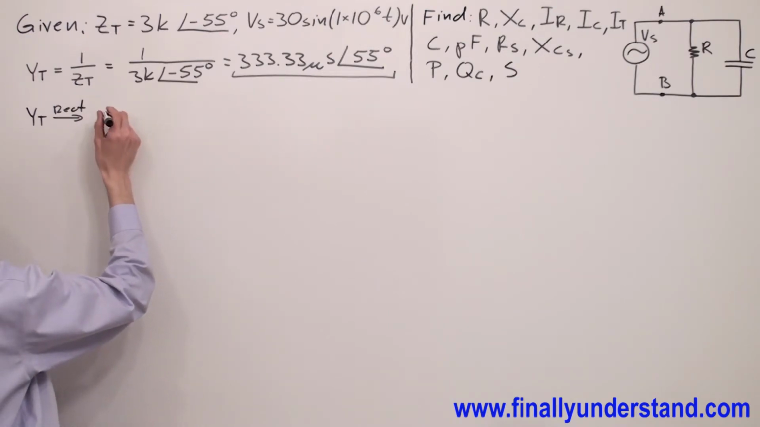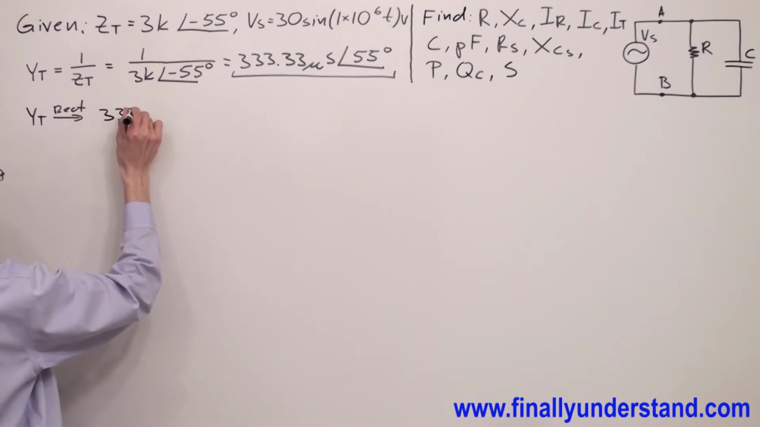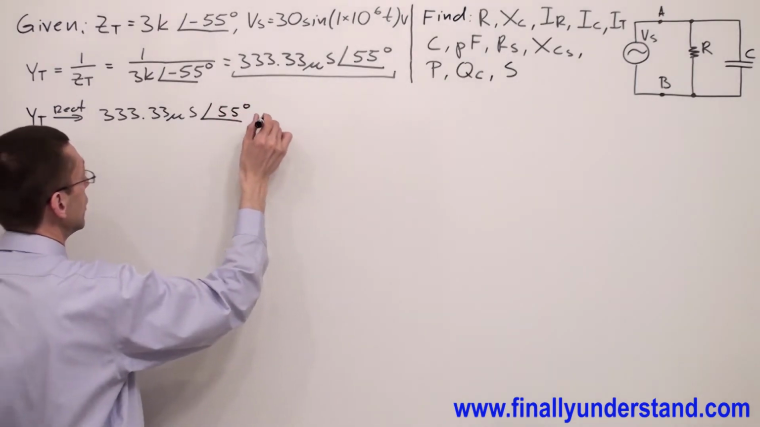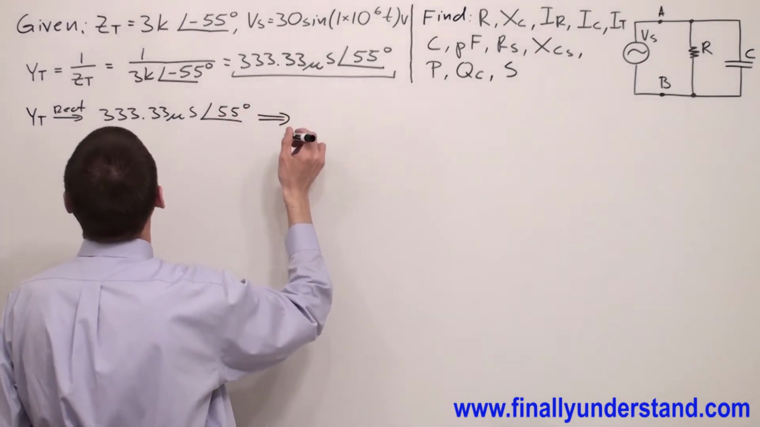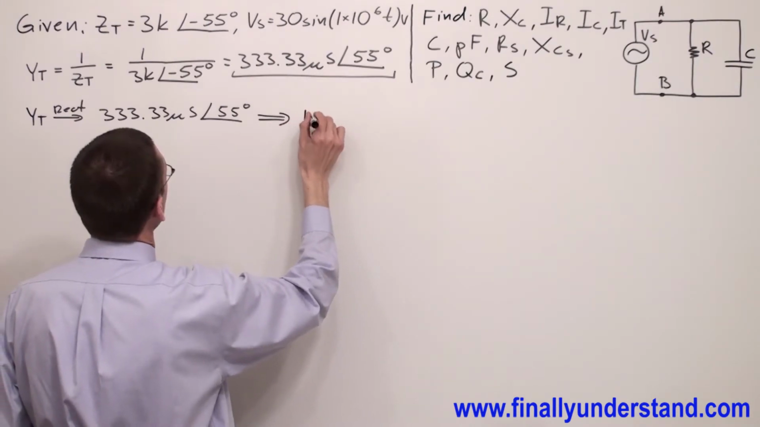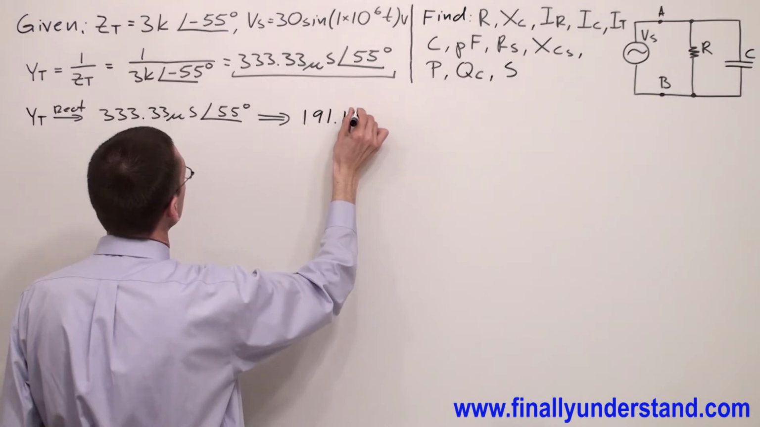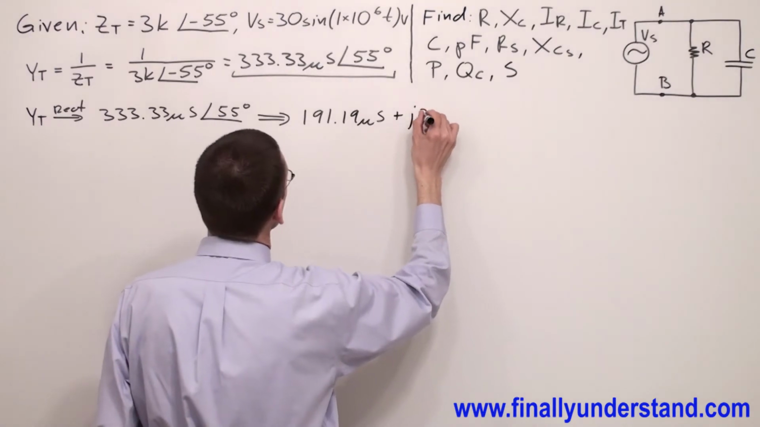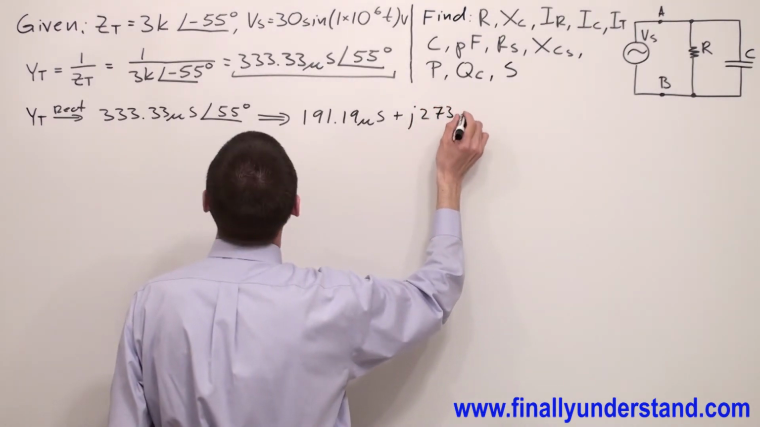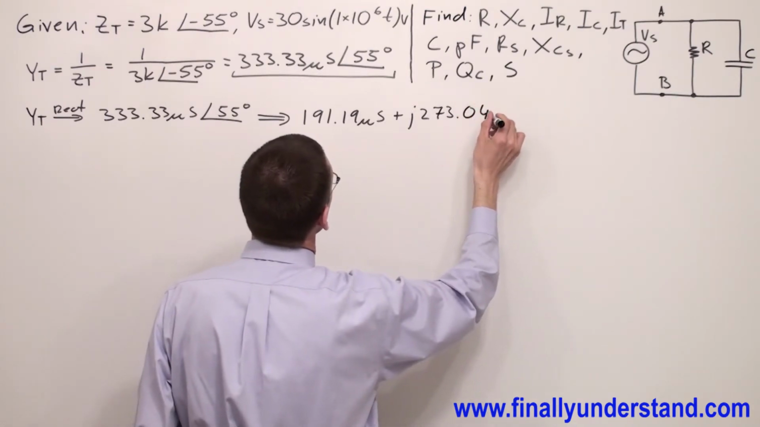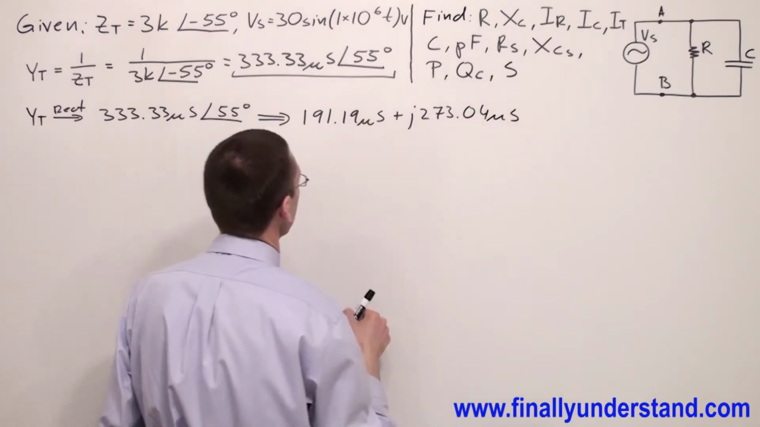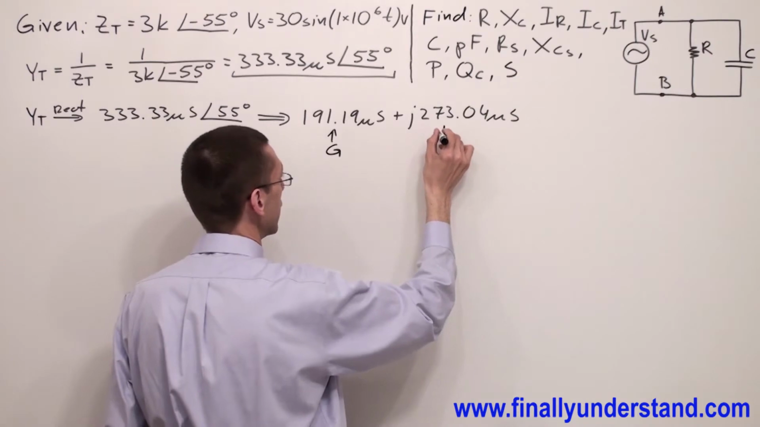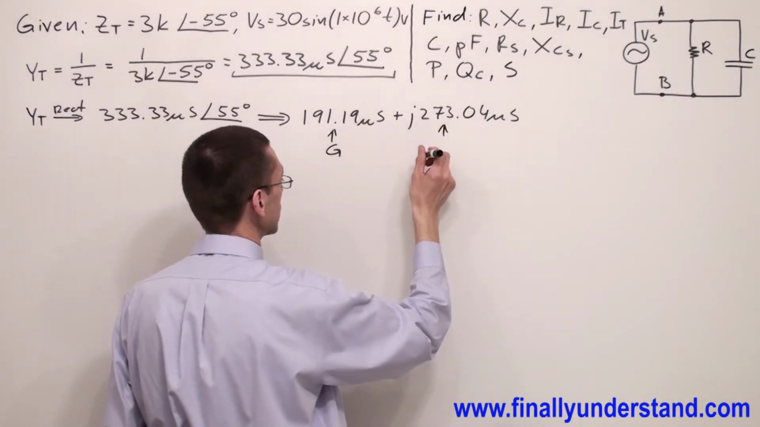So let me just write everything step by step. 333.33 microsiemens and angle of 55 degrees is equivalent to 191.19 microsiemens plus j273.04 microsiemens, where this is my conductance and this is my capacitive susceptance,